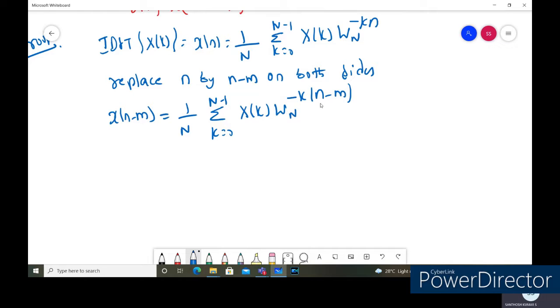Now we apply the exponential law of indices. So it is 1 by n summation k equals 0 to n minus 1 of x of k, and we expand the twiddle factor here: omega to the power of minus k into n, into omega to the power of plus k into m. So this one is the IDFT here. The IDFT of the sequence x of k is the IDFT of the